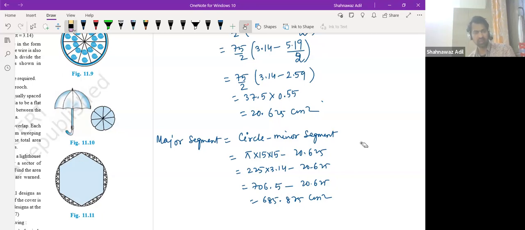So in umbrella, we'll have sectors, in the shaded region. So all these shaded regions we will have to calculate using these minor segment or major segment or sector. Idea of sector and these segments are very